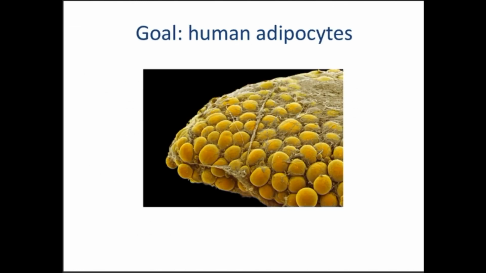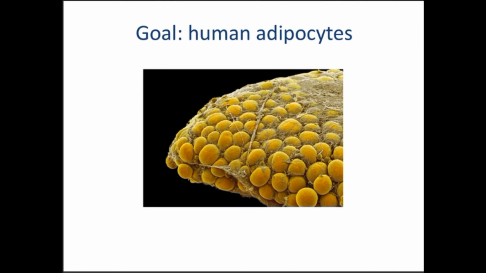So what was our goal? Our first goal was to try to make some fat in a dish. And I remember when I was trying to tell my mother, I always feel like you're not a successful scientist until you can tell your mom what you're doing. I'm trying to tell her at Thanksgiving once, Mom, I'm trying to make fat. And she's like, Chad, I don't mean to tell you your business, but maybe you've got this backwards. You're trying to cure obesity. That means not making fat, right? And I was like, I know, Mom, I know. But making a lot of fat is one of the keys to understanding this. And she was like, okay, sure thing, Chad. But hopefully I'll be able to convince you that making a lot of fat routinely, robustly, and in the same way does unlock a lot in the lab.